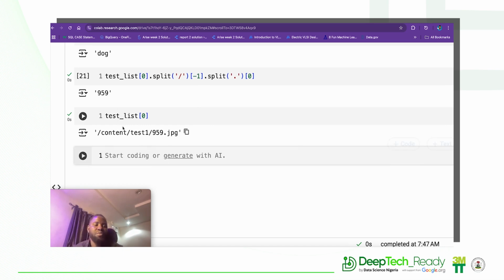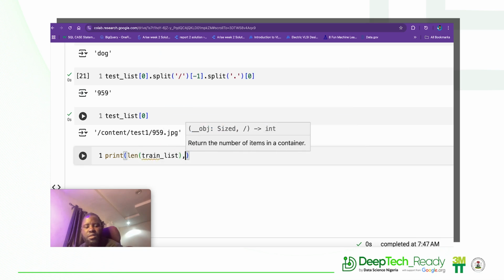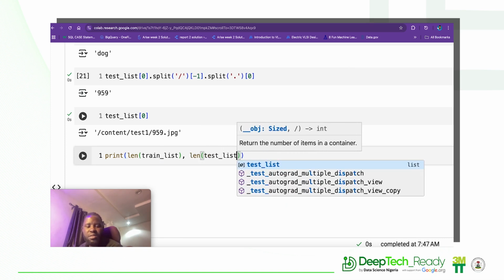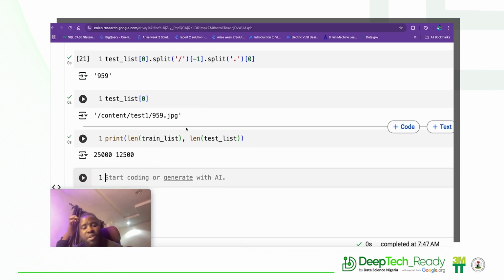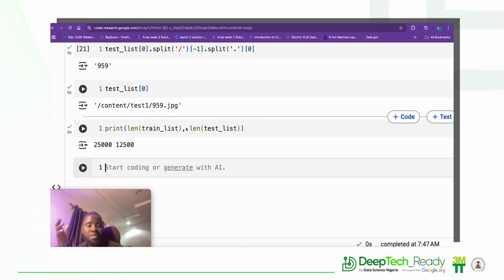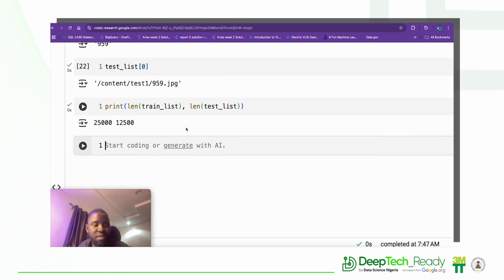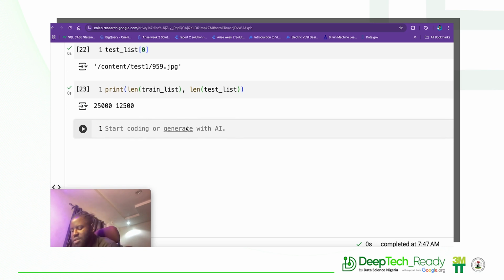Okay, so basically we cannot use the test folder or the test list directory, so we need to use the train list. Let's not forget, if you print the length of train list, comma, length of test list, that should give us an idea. Test is just to run inference: take a random image and predict, is it a cat or a dog? Because of the way the images are labeled, you don't even know. So in this case, let's just work with our train list